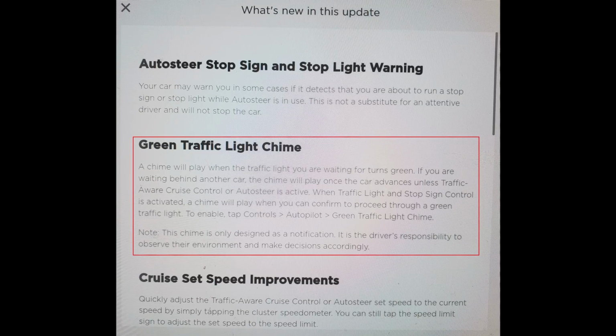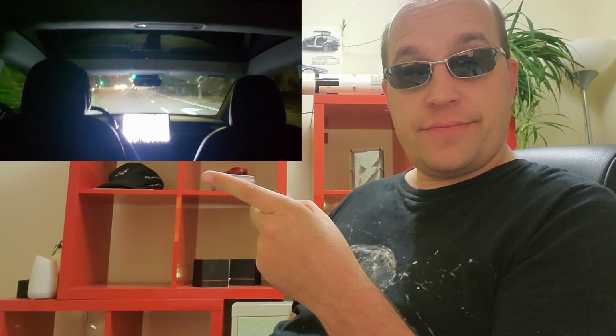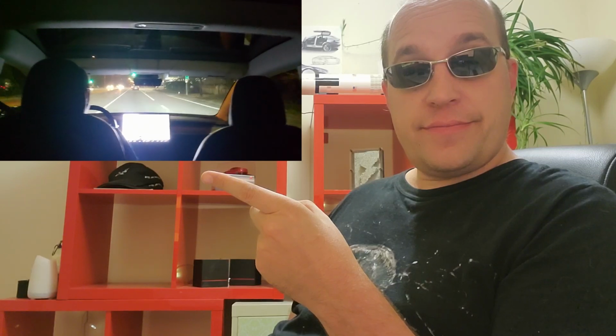So the second part of this update is the green light chime. Actually, I think this is pretty cool. This is when you're driving up to an intersection, for example, and the car needs your authorization to continue through the intersection. So it's going to make a noise just like this. And you notice that it makes the sound twice. So it's telling you that you need to recognize that you're going into the intersection, and then just before you get there,